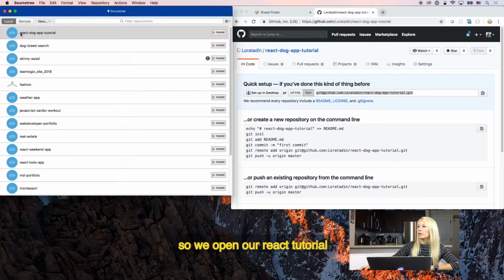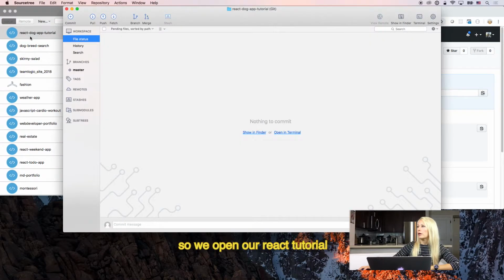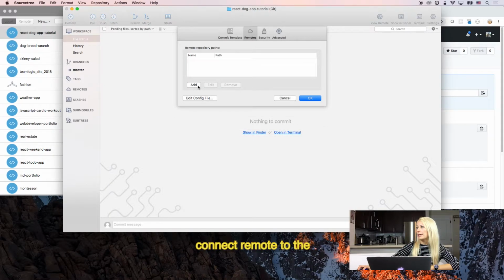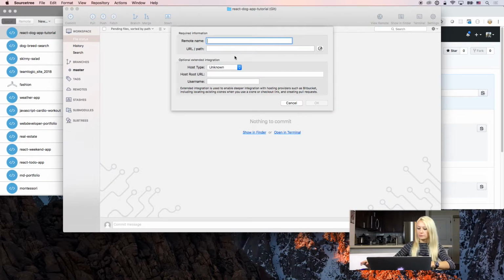So let's open our React tutorial, and in settings, add remote, connect remote to the local.